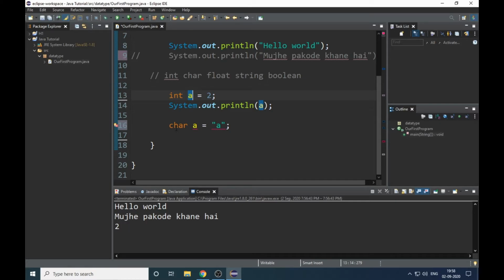So here we need to type b. You can learn it by a simple example: if my name is Harsh, then my name can't be Ankit as well. If my name is Harsh, I can't change my name. That's why I can't change my data type.